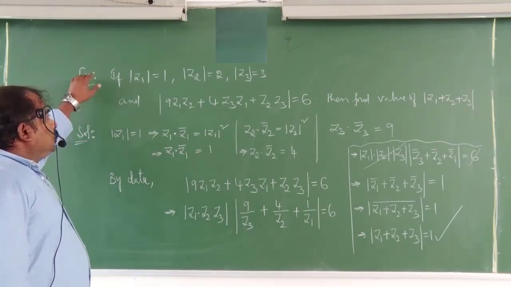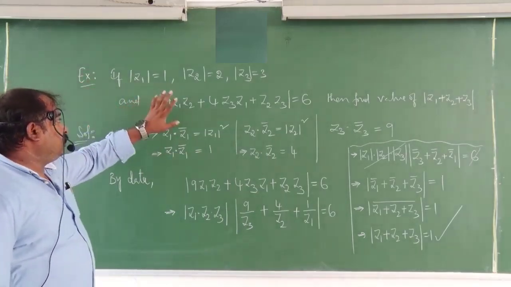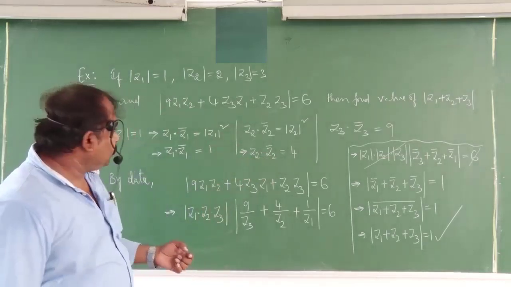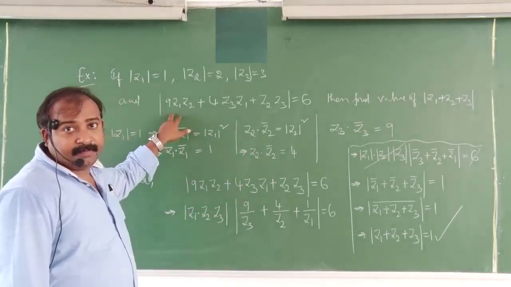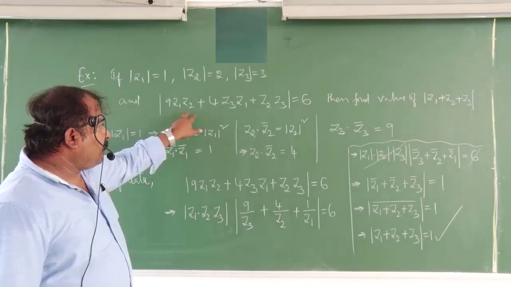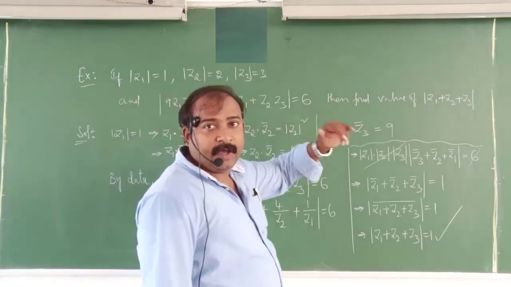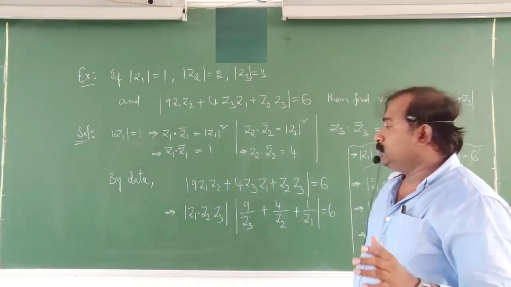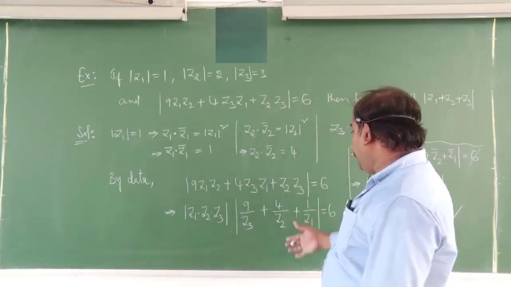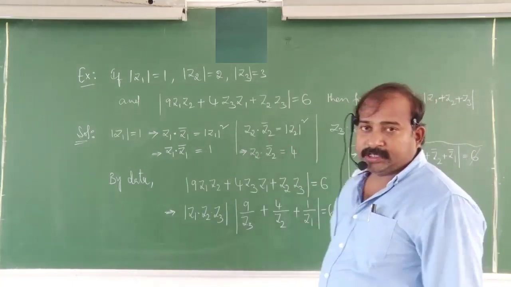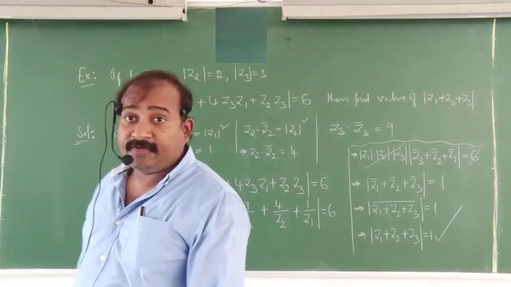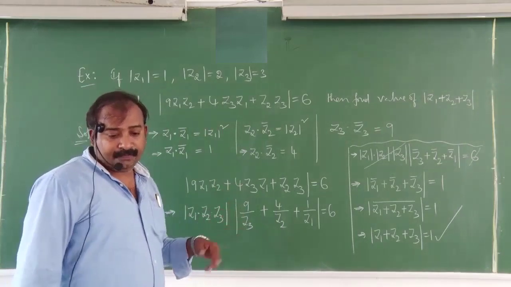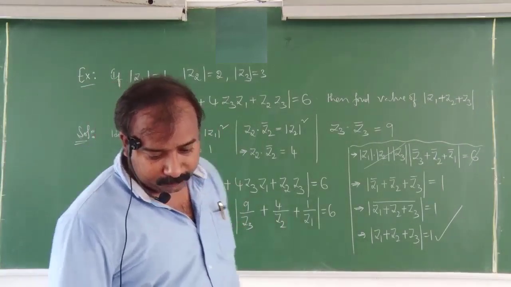Based on the given data, we have modulus of Z1, modulus of Z2, modulus of Z3. One more point is also given, this is the next point they gave. With the help of this point, we have to fix the value of modulus of Z1 plus Z2 plus Z3. So with the help of these properties, I can find that modulus of Z1 plus Z2 plus Z3 equals 1 is the value. Okay. Next,